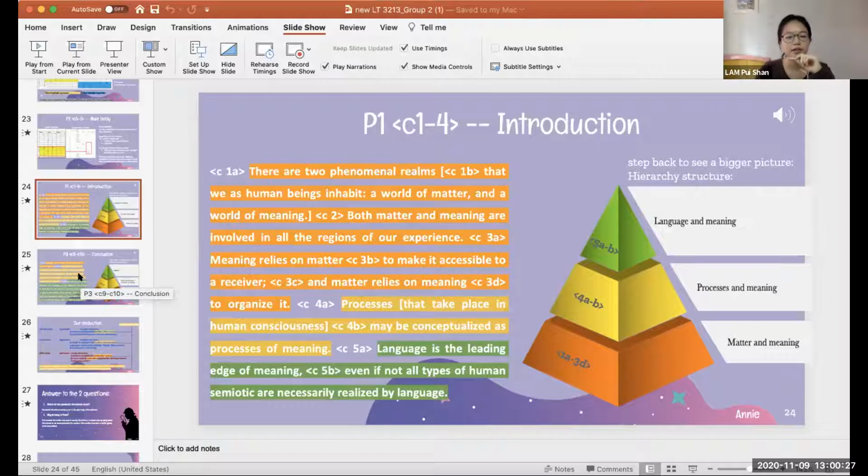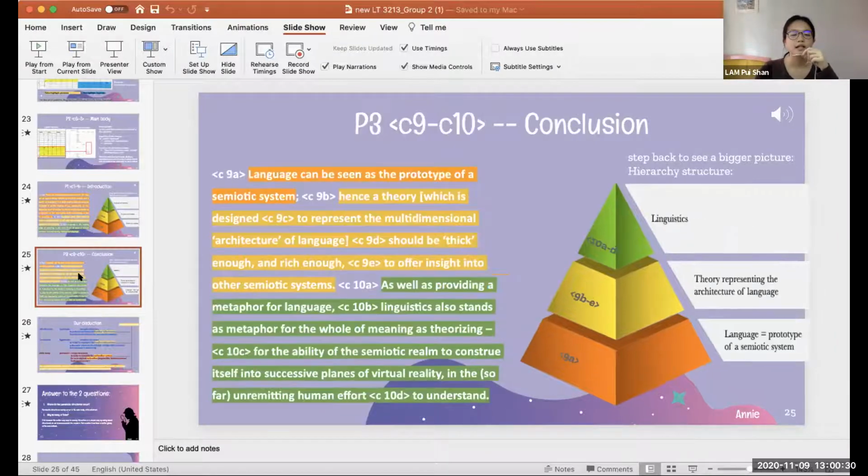Mm-hmm. And as for the conclusion, since Holiday explained his notion in the main body, now he can try to connect the introduction, that is meaning and matter, and now he's connecting those things to what he mentioned in the main body. And then, yeah, most of the things he said in the conclusion are mentioned before. So I think